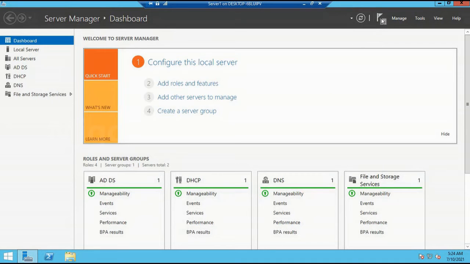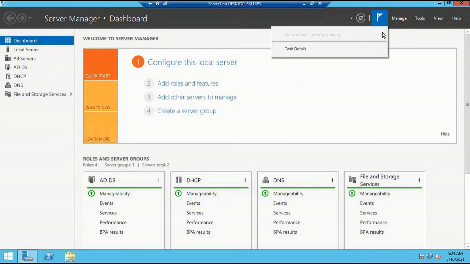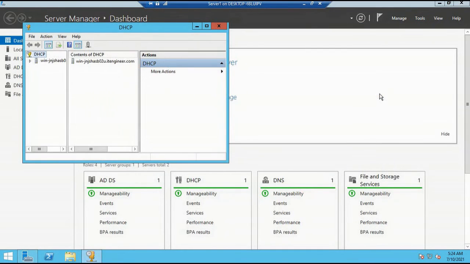Wait for the installation to complete. Now open DHCP. Click on Tools and select DHCP. Here you can see the DHCP server is installed successfully.